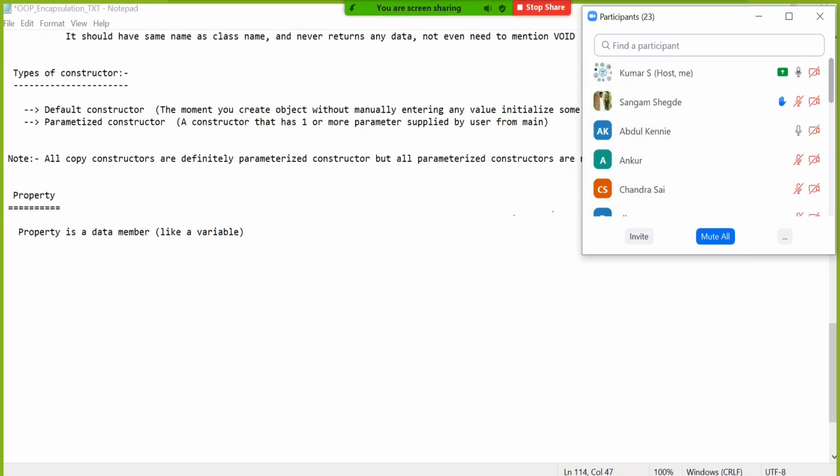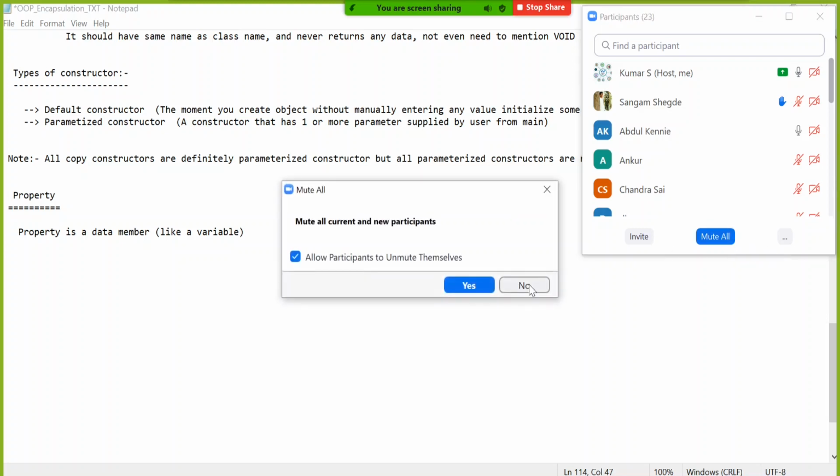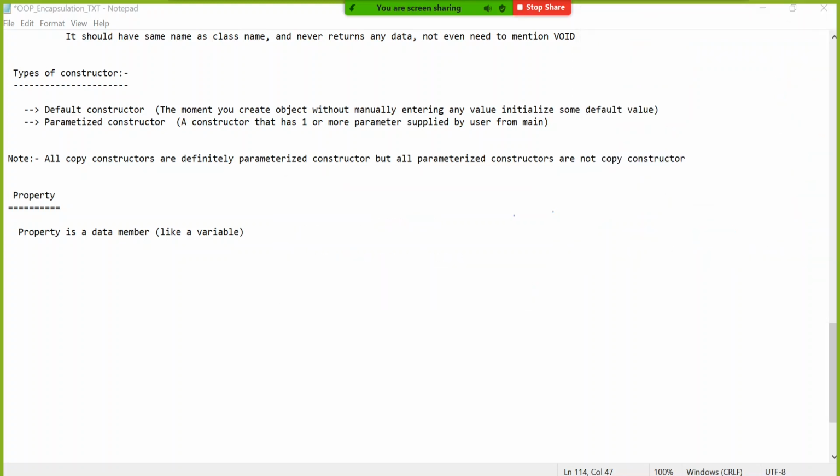Understanding property is very important. It's not difficult, but important. So carefully see what the problem is without having property and what the solution is with using property. Both points should be very clear. If somebody understands property, he has understood everything about encapsulation, I assume, because all other concepts, variable, data member, constructor, function, property already uses.